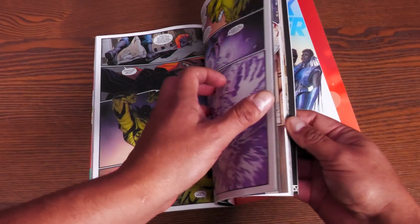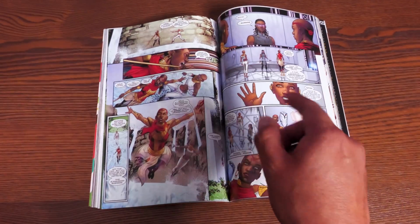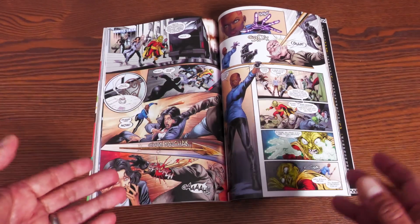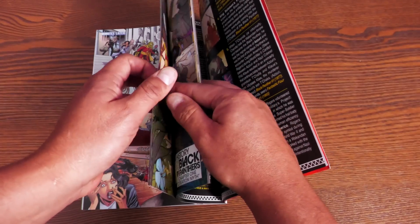They may still use him. The fifth and final story is about Okoye right here. Now, this also collects the backup stories, and I said this is the fifth story, and it just features her. And there's actually another story that is really cool that was in the backup of all of these issues, and